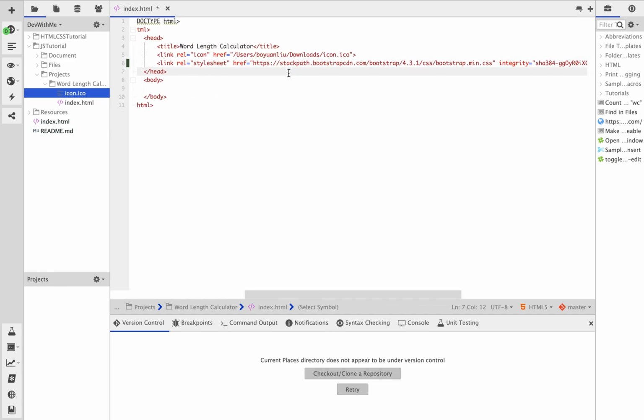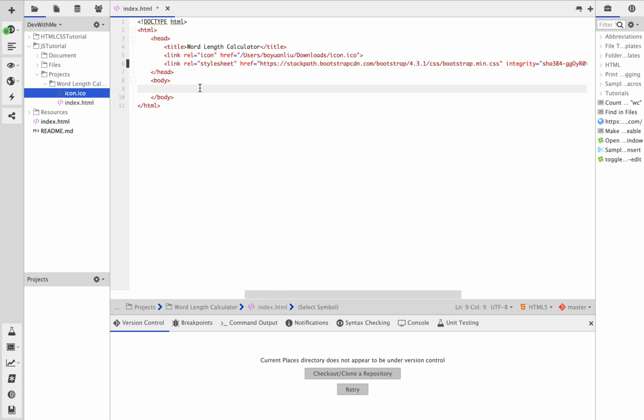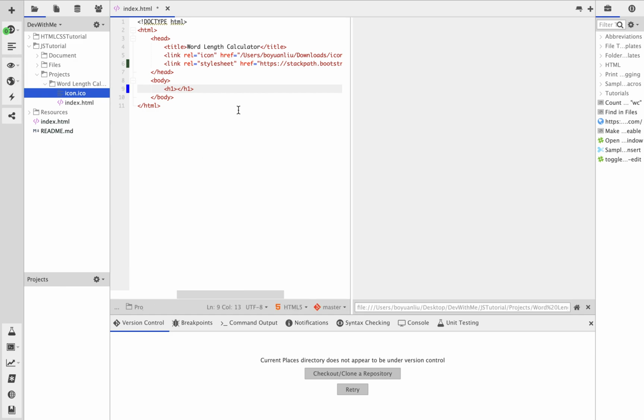Alright. Yep. So now we configured all our head tag stuff. Now you know how to link an icon, a favicon. Let's start with some real stuff. First thing we need to do, I'm going to view it. First thing is I'm going to type word length calculator, and that's why we use the head tag. We use Bootstrap because if we don't have Bootstrap,